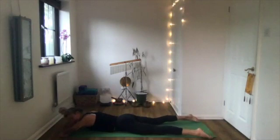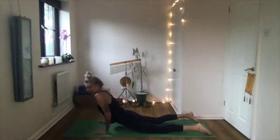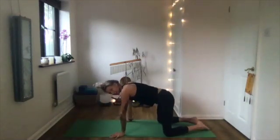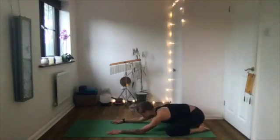So rest the head on the hands. Just wiggle the hips side to side a little bit to relax the lower back. Good, okay, so we're gonna press back into child's pose now, but we'll have the knees a little bit wider like we've been doing recently. So knees are gonna come to the edges of your mat, push the weight back, and then we'll add on